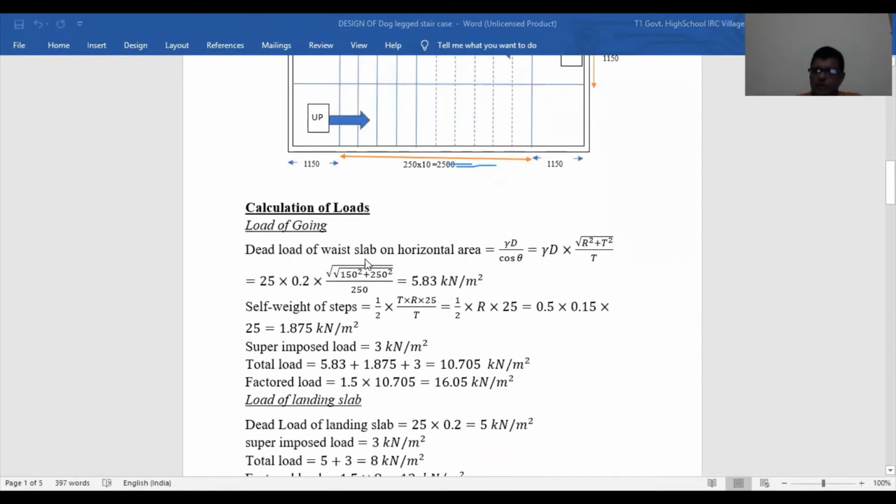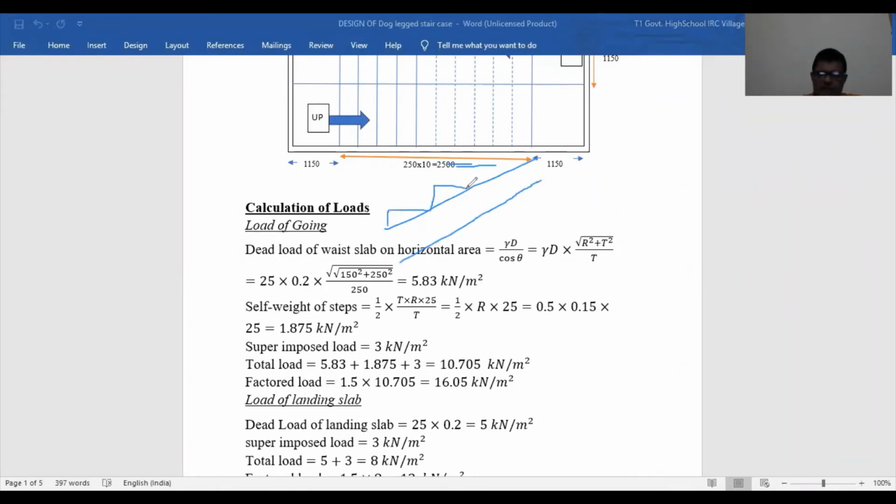Now next, once we find the effective span, we will find the loads. How will the load be calculated? One is the dead load and live load, and there will be floor finish if you can take floor finish. But because these stairs will be there on the slab,